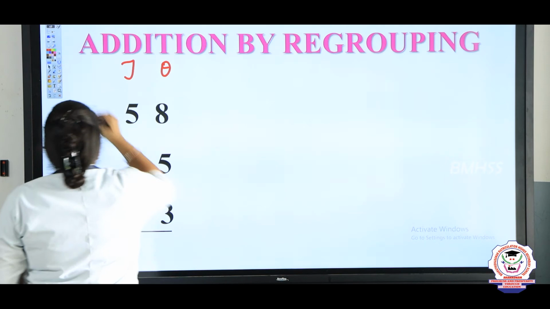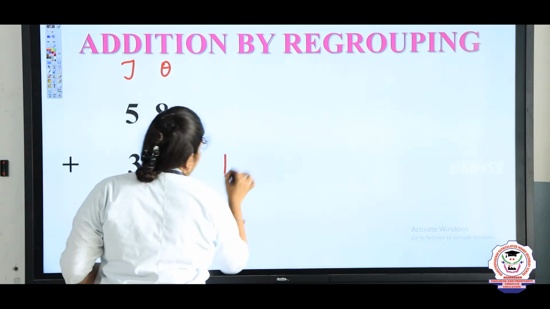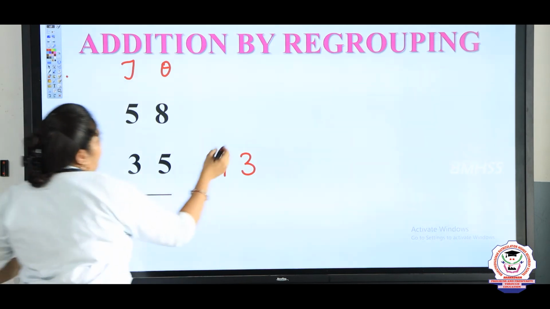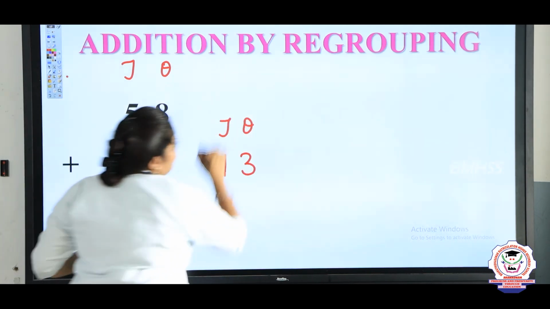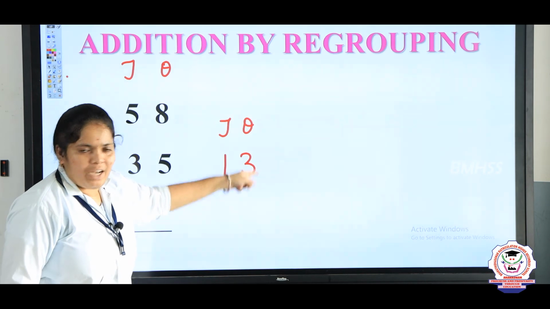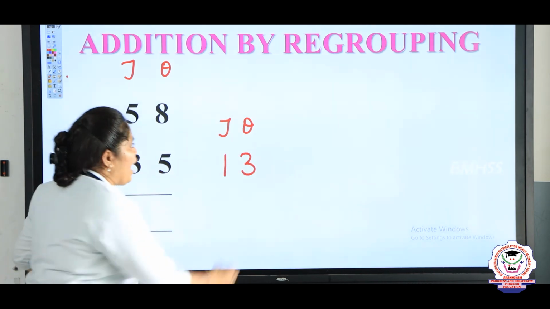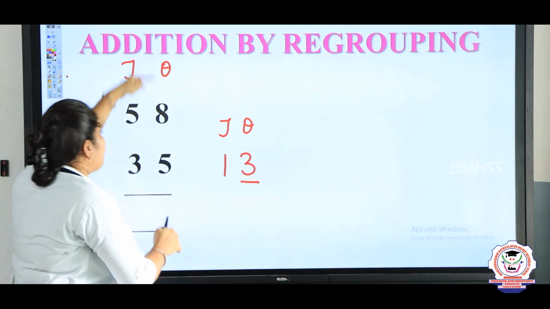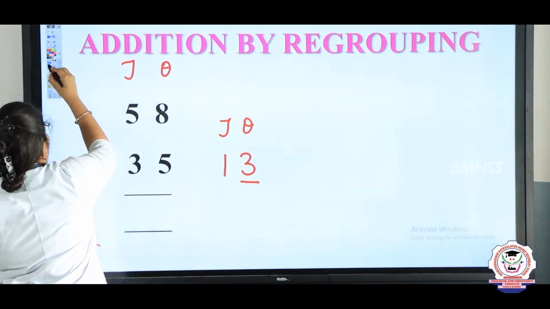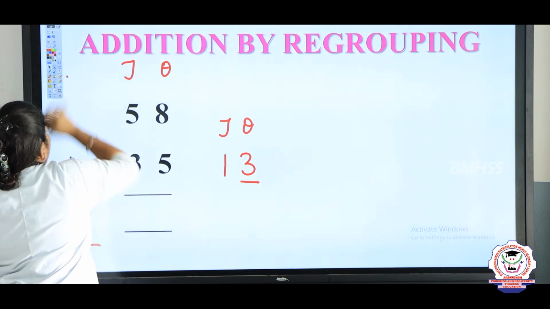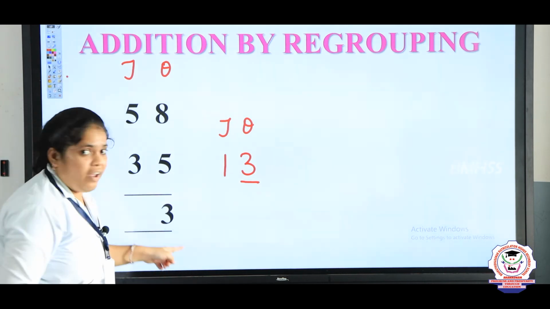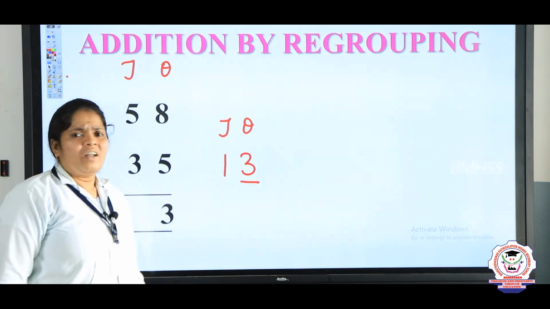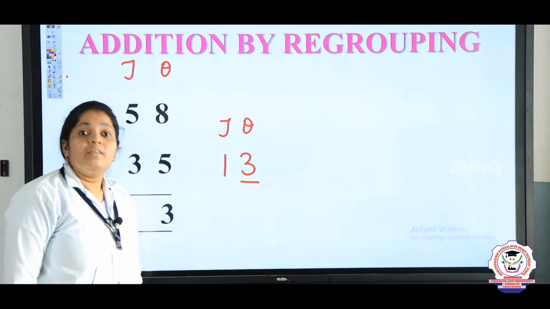So what we want to do is first write the number 13 here. After that we need to write the ones and tens place value here. In the ones place value the number is 3. So you should write this 3 in the ones place value. Where do we need to write? In the ones place value. Fine. So write 3 here. What about this 1? Where do we want to write this 1?